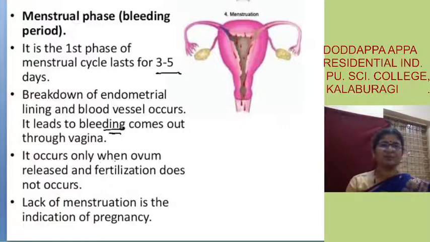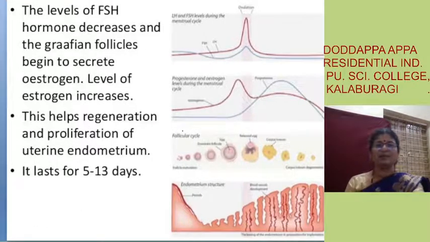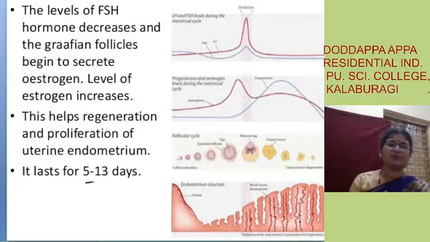And it occurs only when the ovum which is released during ovulation does not get fertilized. If it gets fertilized, then there is no menstrual cycle, fine. Here it has been shown diagrammatically. And during the follicular phase, what will happen? The follicles will be growing, and the hormonal changes we have just studied are given here, okay. The graphical representation has been shown here separately. Previously we saw it all on one slide. Fine. And this follicular phase will last for 5 to 13 days.